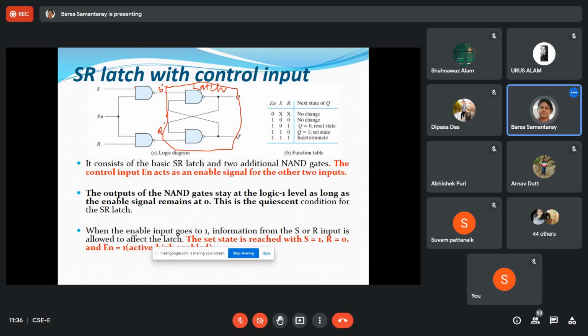This is S through a NAND gate. This one is coming, that is the S dash, and this enable one is also connected to this one. And this is another NAND gate, this is the R. And now this entire one, I can tell up to this is known as, entire one is known as, क्या बोल सकती हूँ, बोलो,